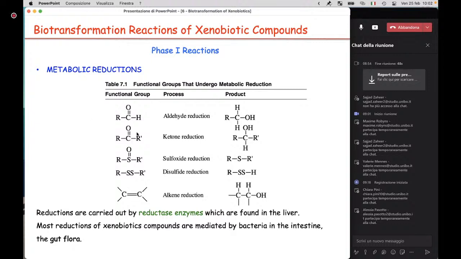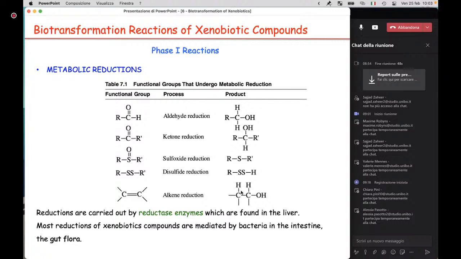And in the same way, ketones are more lipophilic and more toxic than the corresponding reduced alcohol. And another important form of reduction is the reduction of alkenes. You may remember we have very briefly talked about it in one of the first lessons. So the carbon-carbon double bond can open and the carbons can be hydrogenated. So this is also often called hydrogenation of double bonds.